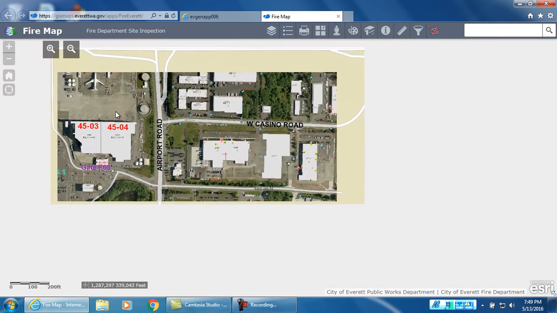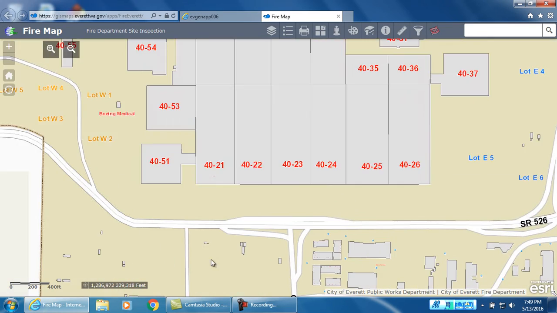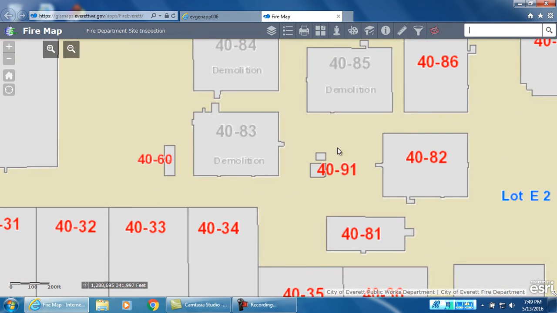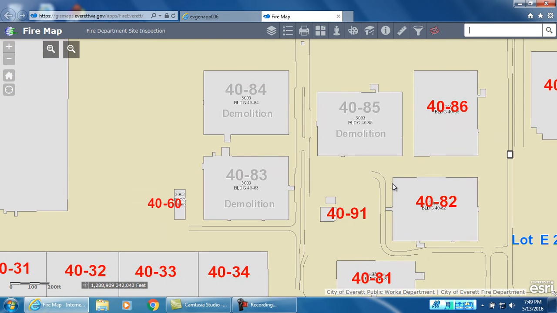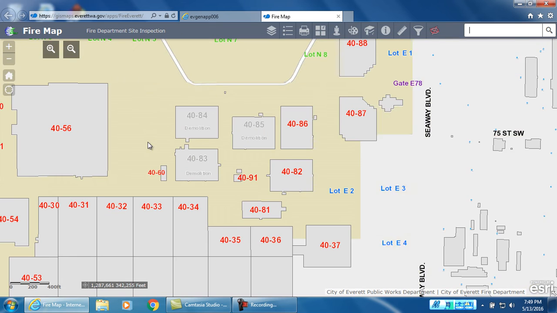Okay, a lot of stuff going on out at Boeing. A lot of construction going on out there right now. The aerial image is not up to date, nor is the city's building footprints. There's a new LiDAR image coming for the new buildings also, but we can see which buildings were demolished, we can see the numbers of the buildings that remain, and we will add in the new buildings when the